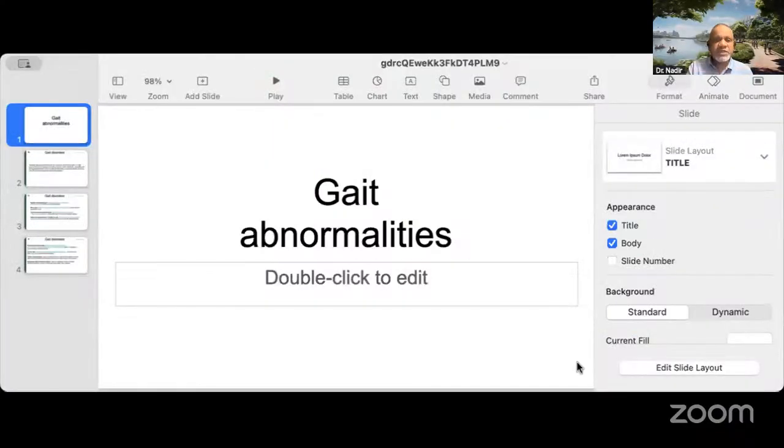So I'm going to use this file from AGS. Can share the screen with you guys. I'm going to use this file from AGS. Can share the slides. So I'm going to show you one of the files. This is not the teaching slides, but basically